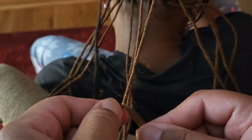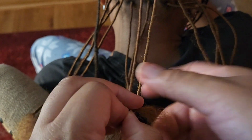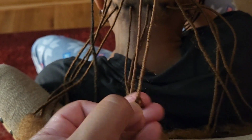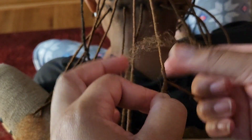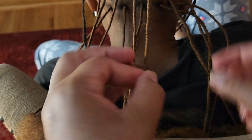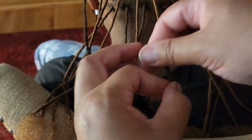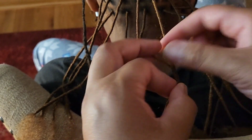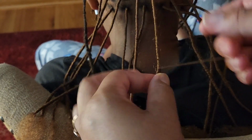So now from here, once I get it the length I want, I just hold it and start going back up. So now I'm taking the twist upward, or the wrapping upward. Doing the same thing, keeping it tight, not trying to have gaps. If you can see it, it's still tight. Now I want to get about this much left. It's kind of scraggly ends. May do one more, but then I start going back down